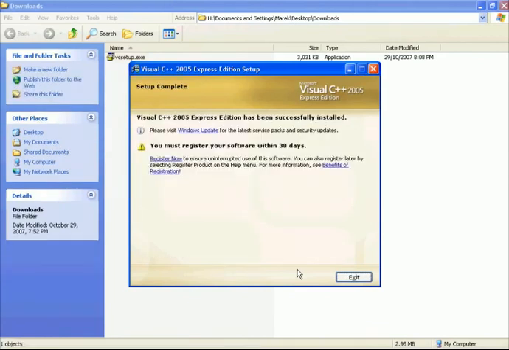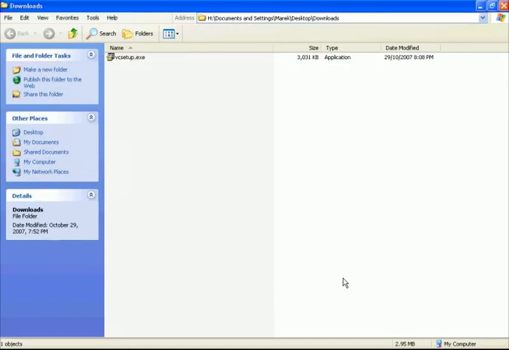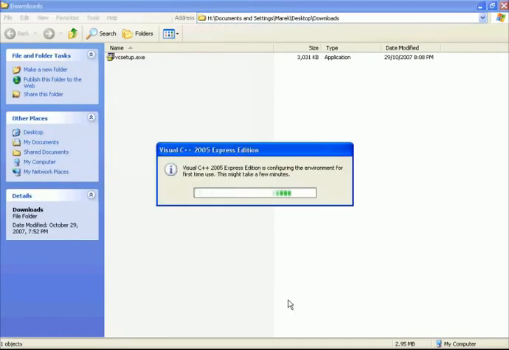Visual Studio has now been installed, and it is saying here that we should visit the Windows Update site to make sure that if there are any service packs or security updates, we install them as well. You must also register the software with Microsoft so that it doesn't expire after the 30 days trial that you're given initially. Let's click Exit, and we can go inside of our Start menu and start up Visual Studio 2005